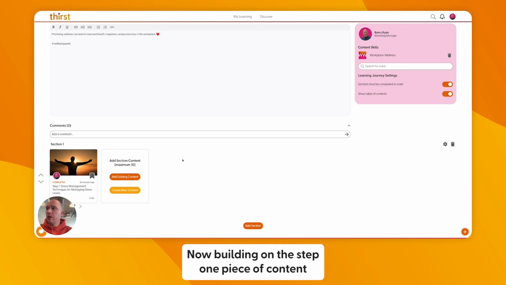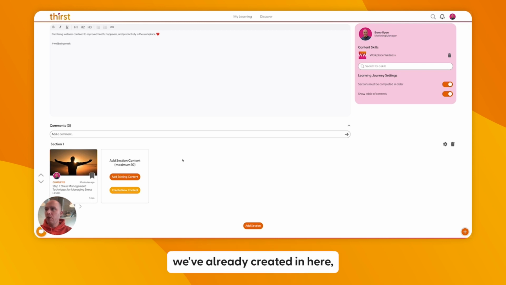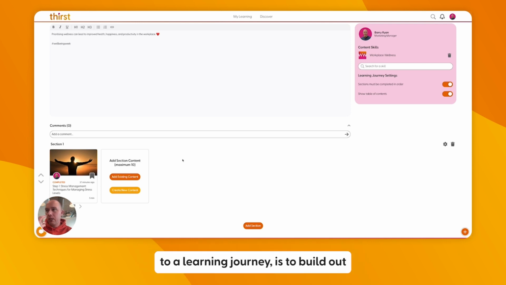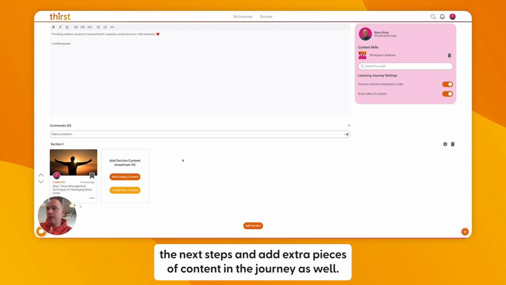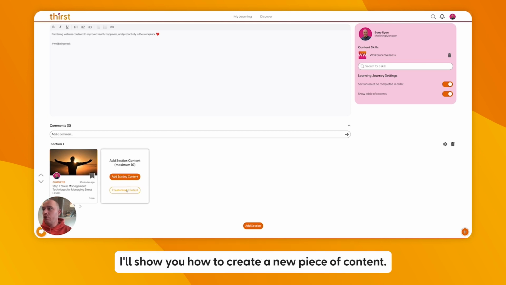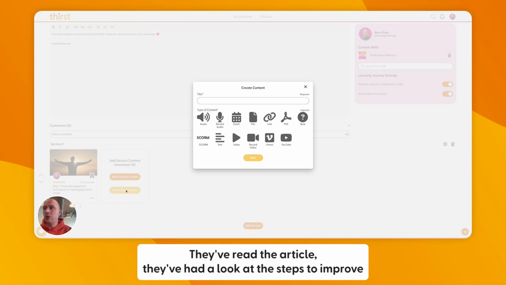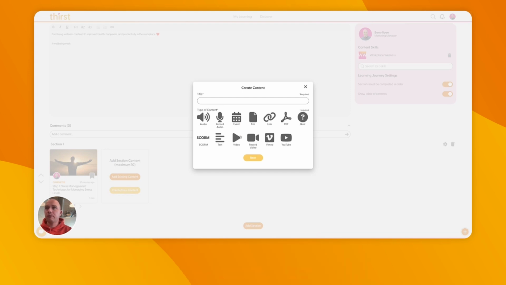Now, building on the step one piece of content that we've already created in here, how we can then start to really build out this campaign and then tie it back to a learning journey is to build out the next steps of the extra piece of content in the journey as well. So just for example, I'll show you how to create a new piece of content. They've read the article, they've had a look at the steps to improve stress management, and I'm just going to